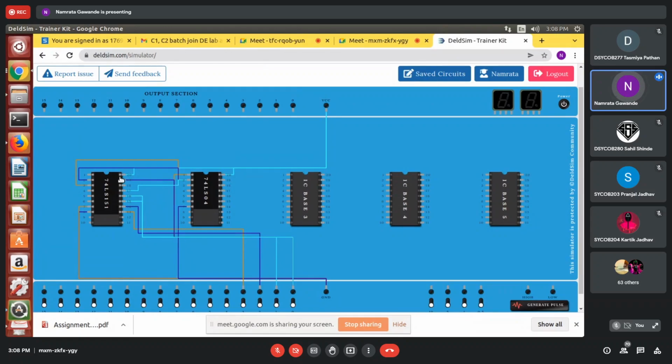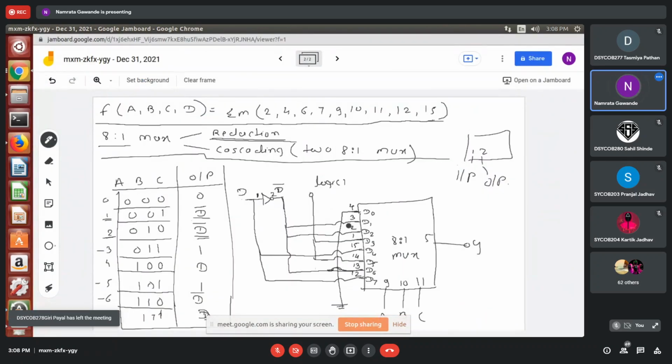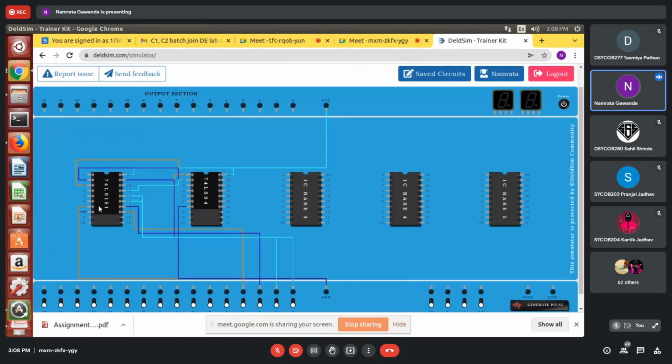Okay, so I have made a 3 connection with D bar, with pin number 3, you can see 3, you can see 2, right? And which pin number is that? That is pin number 13. So 8, 9, 10, 11, 12, 13. Okay. So while making a connection, just cross check it. Otherwise, you will get the incorrect output.